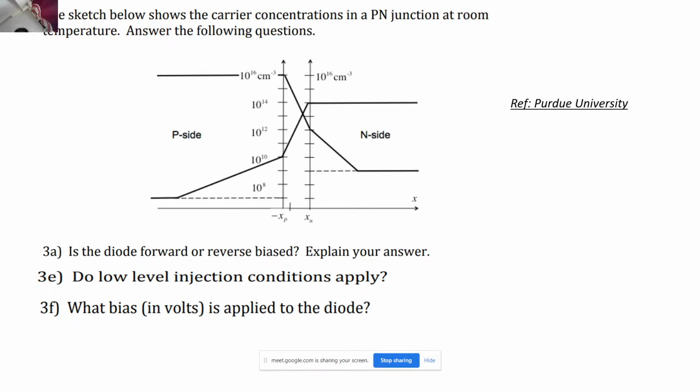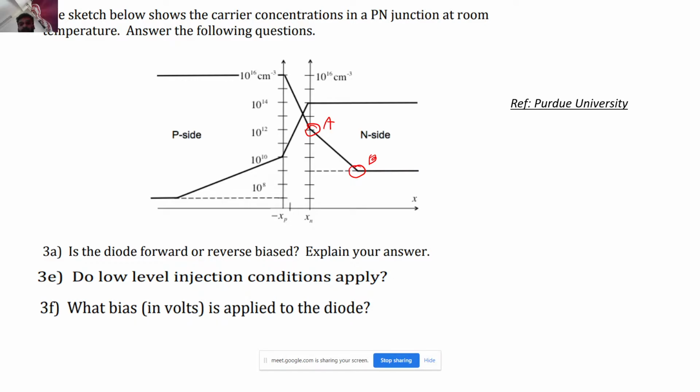Yeah, you're going in the right path. No idea, sir? Okay, I will give you some hint. Just look at these two points and tell me which of these two points represents the equilibrium carrier concentration far away from the depletion region. Sir, can you name it, sir? A and B, yeah. Sir, it is B. B, correct.